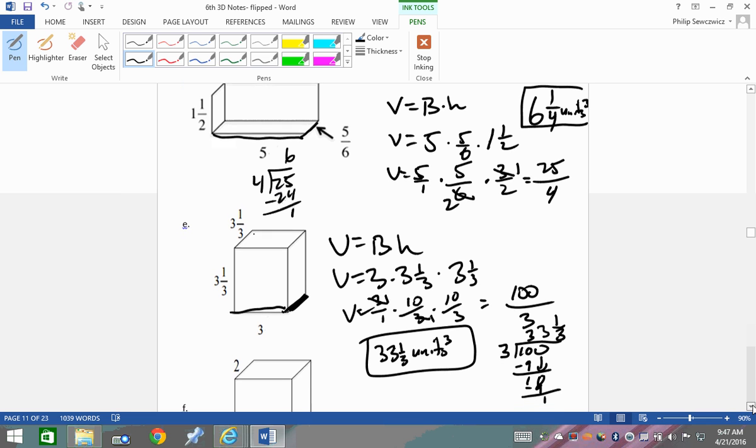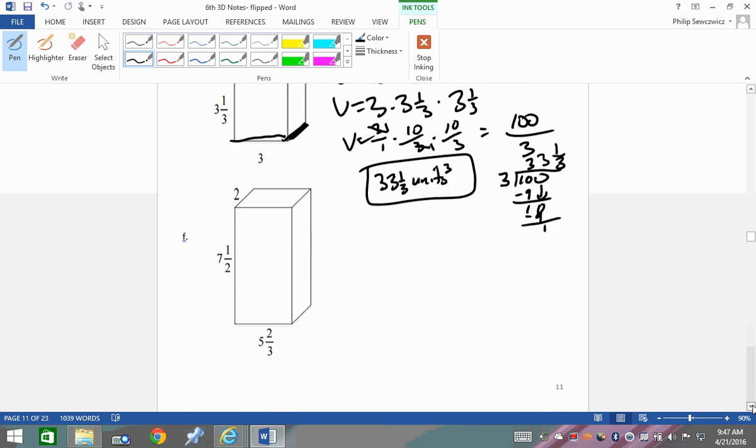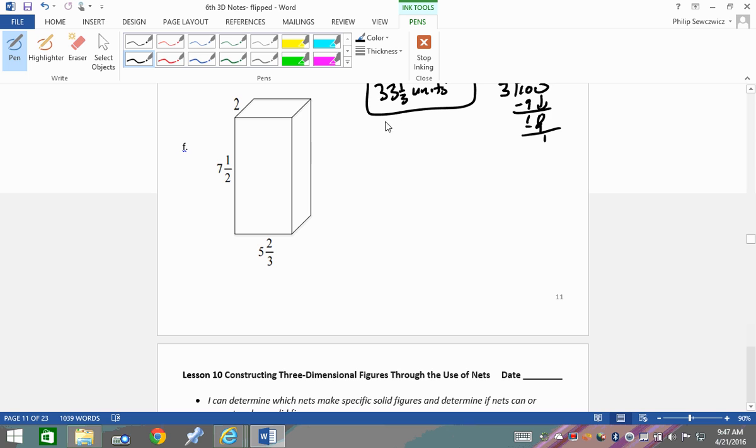So again, it is the same idea from yesterday. All right, I hate to disappoint there, but we're just bringing back our friends, the fractions. One more, people. All right, so area of the base times the height. Base, length times the width. And you can see there's the 2. So you want to put the 2 down there? Hey, go right ahead. So I'm going to do 5 2/3 times the 2, and then my height,